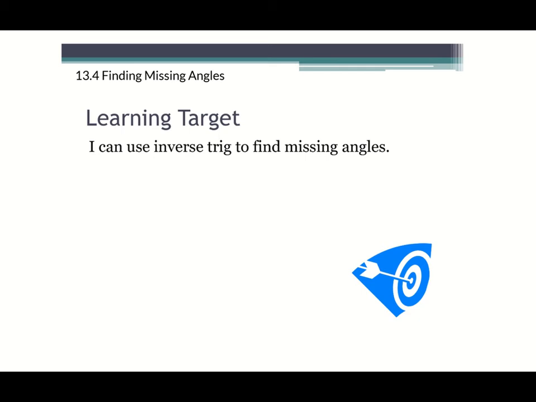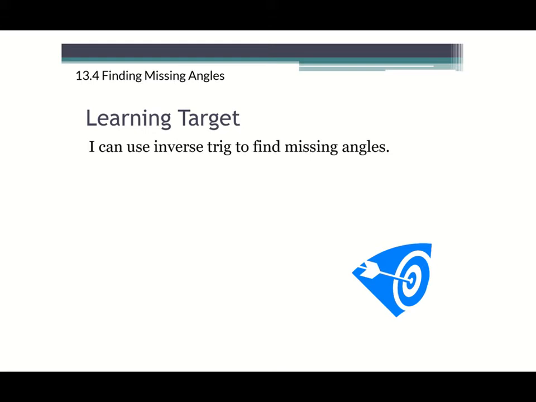Hi everyone. Today is our last lesson, and that lesson is going to be 13.4, and it's going to be broken down into two parts: finding missing angles and finding missing sides. This should be review from geometry, so hopefully when you see this stuff, it looks pretty familiar and should be pretty easy to catch on to, and then all you have to do is fill out the quick check once you're done going through both of these video lessons to get some practice in before we go ahead and review and take